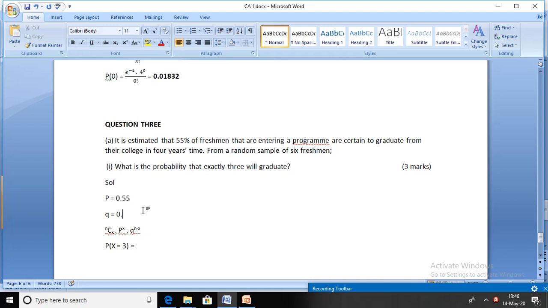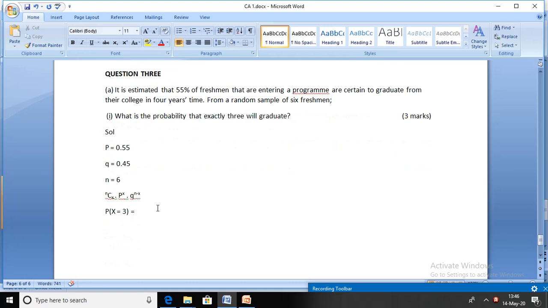This is going to be 0.45. What else do we need? We want the value of n. N is given, a random sample of 6. So n is 6. So substituting those values into our formula,